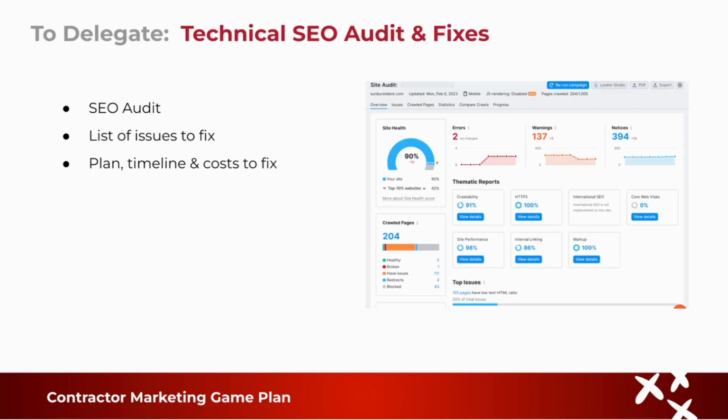Technical SEO, audit and fixes. Again, this is something that should be delegated. There are tons of tools out there, and any reputable SEO vendor should have tools at their disposal where they can run an audit either at the beginning of your relationship or periodically, maybe once a quarter or once every 6 months, just to find some of those annoying little issues that pop up as you maintain a website, or as plugins get updated or the algorithm gets updated,